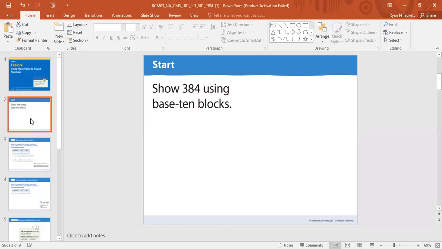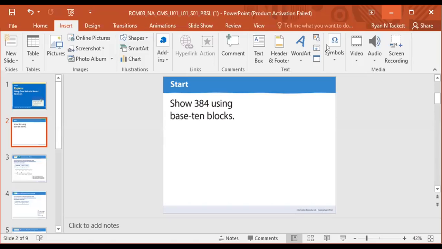Our first activity, I would like you guys to get on the Base 10 website and please show me the number 384 using the base 10 blocks. All right, guys, when we model 384, we break it down into place value. We have three groups of 100, so 1, 2, 3, and we have 8 groups of 10, and we're going to count by 10: 10, 20, 30, 40, 50, 60, 70, 80. Then we have 4 groups of 1. So we have 1, 2, 3, 4,